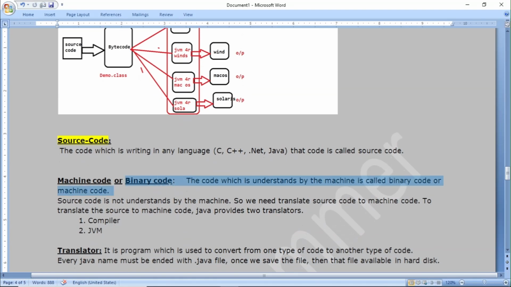Binary code or machine code: the code which is understood by the machine is called binary code or machine code. Source code is not understood by the machine, so we need to translate source code to machine code. To translate source code to machine code, Java provides two translators: one is the compiler, another one is the JVM.